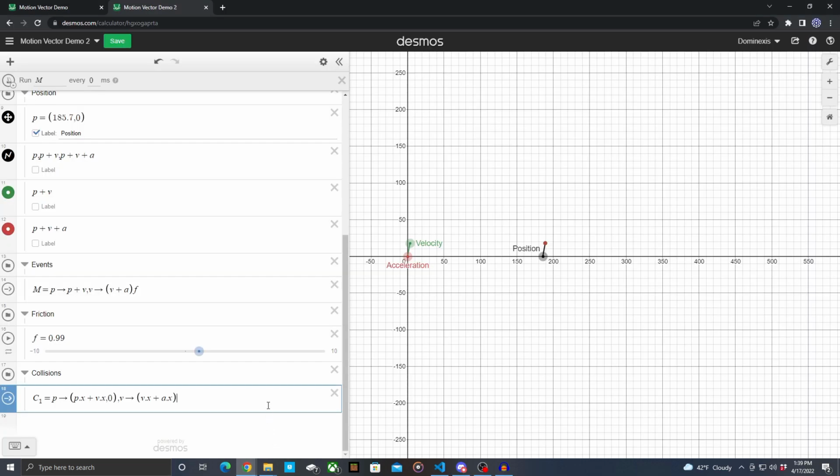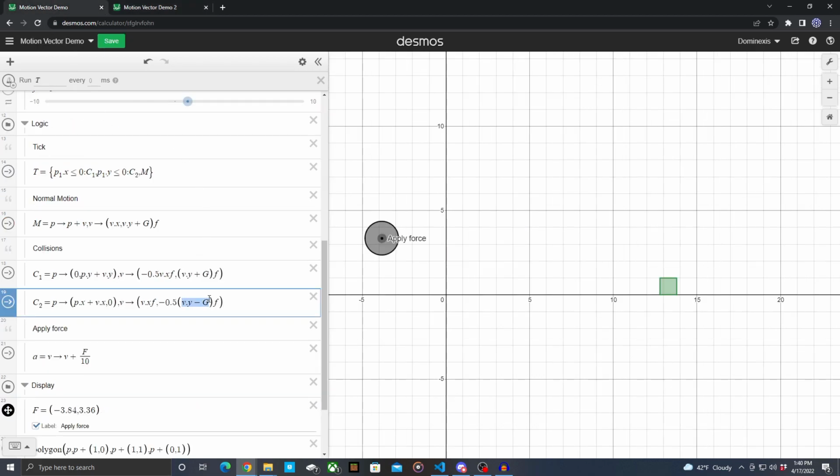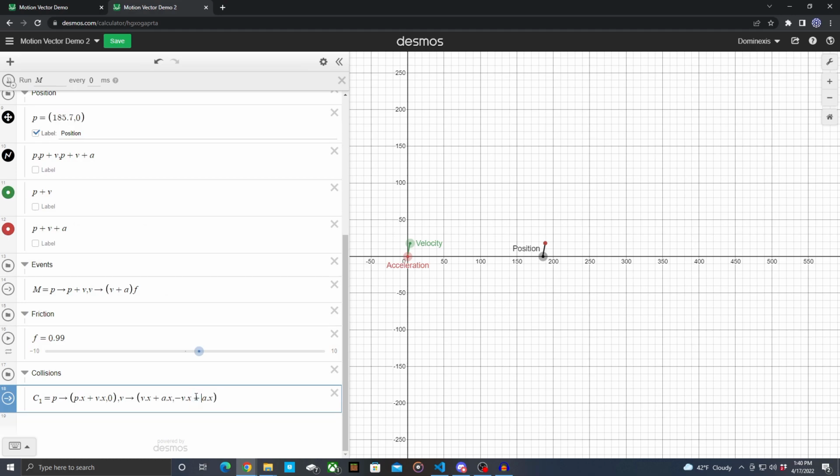And then the y component, what we do is minus that. So minus v dot x minus a dot x, just like here. Oh, and we'll probably want to apply a scalar to actually set that to positive. So we can also multiply by 0.5 so that when it bounces, it loses half of its energy. And then we multiply it by f. Now instead of running M,